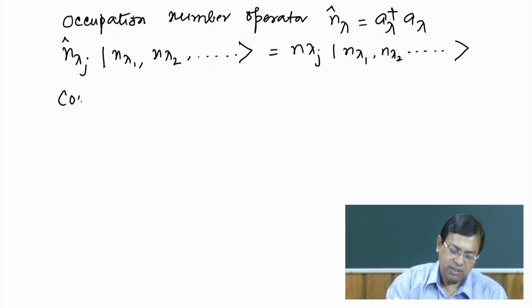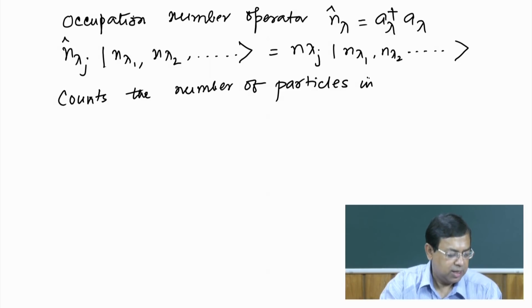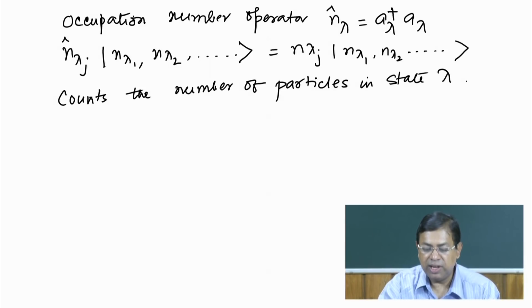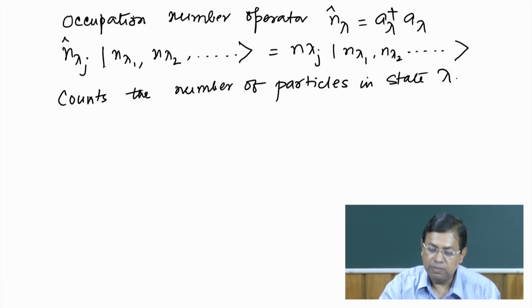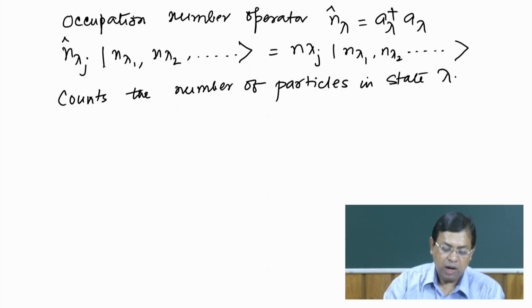So, I will write this because this is important: it counts the number of particles in the particular state lambda. In this case, we have taken lambda j as one of the representative states of this many particle system. So, if we have such a definition for an occupation number operator, then we can write down any